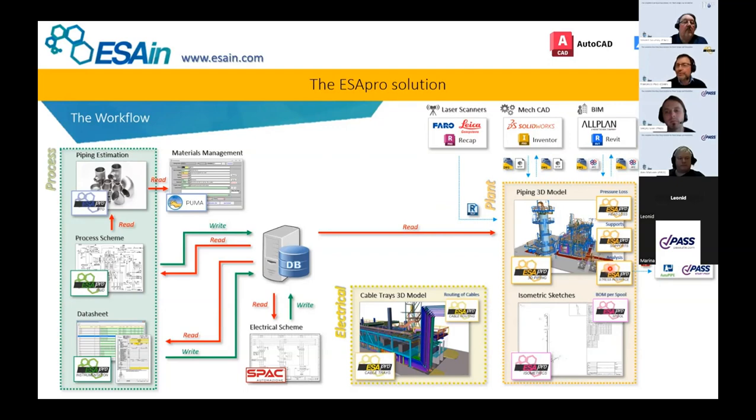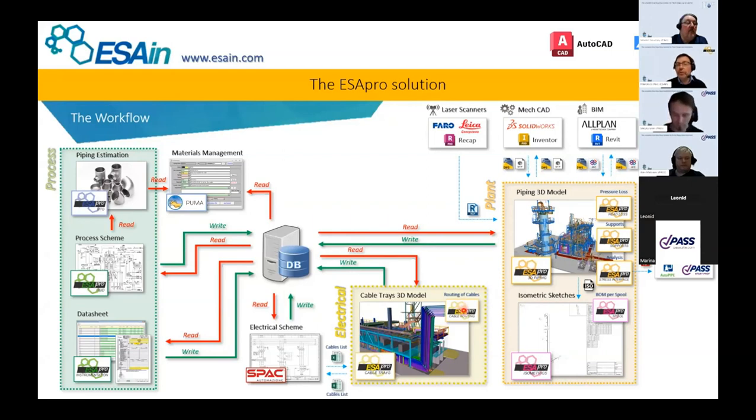This tool is very important, because this stress interface lets you be compatible with stress analysis software, in particular with CAESAR. And we will show you how to create a P&ID, draw a piping, and export a PCF for stress analysis. Isometric sketches and cable trays: with the cable trays module, you can model electrical raceways, and with the cable routing module, you can route the cables inside the cable trays. You will see this at the end